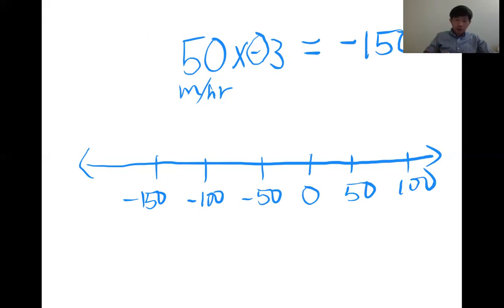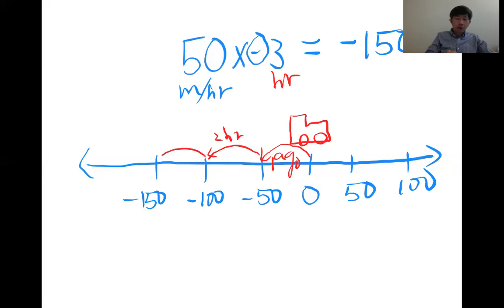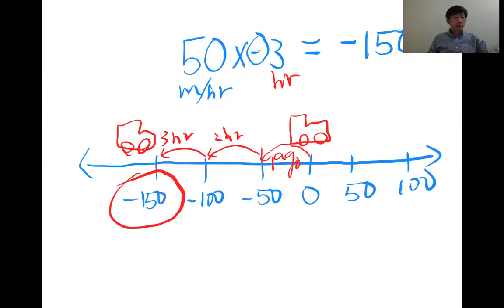So here, I'm gonna change the color, all right? Now here is a car. Now is 0, right? Now, 50 miles per hour, 3 hours ago. So where is the car 3 hours ago? 1 hour ago, 2 hours ago, 3 hours ago. Now where is the car? What was the car 3 hours ago? Negative 150. So we can explain this 50 times the negative 3, which is